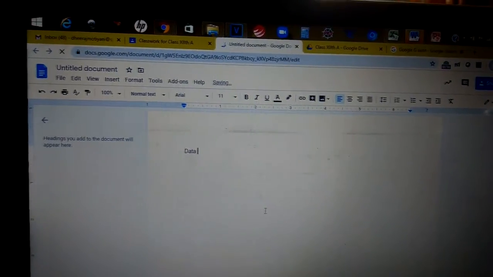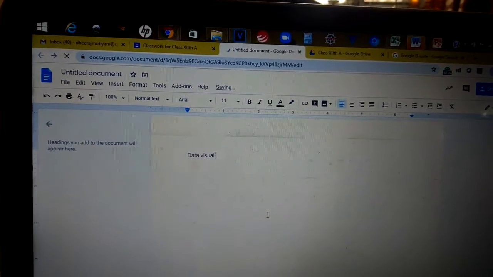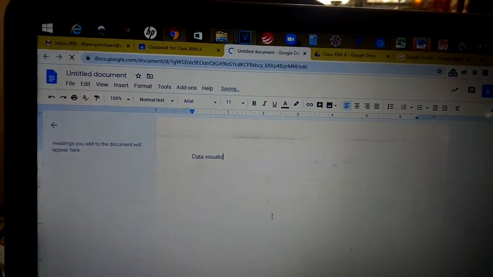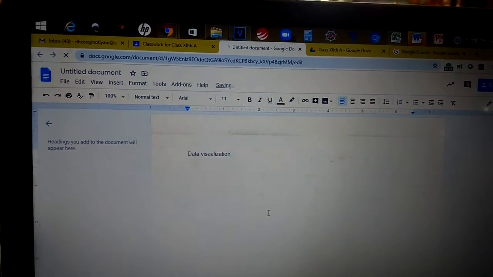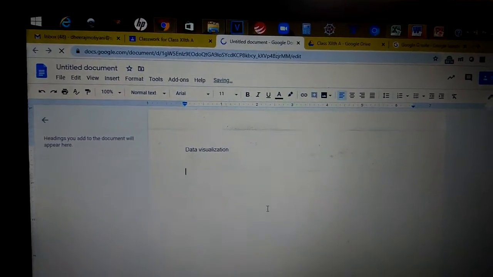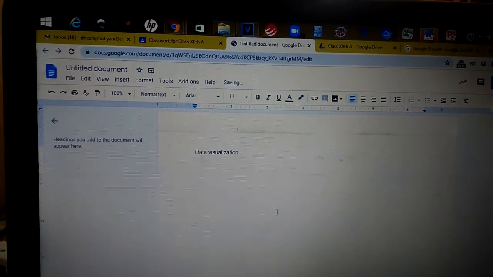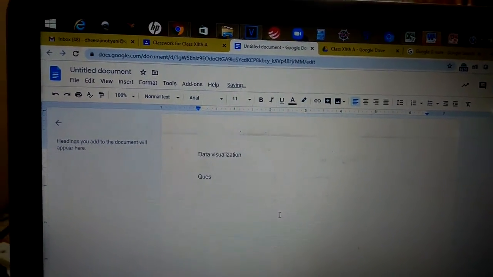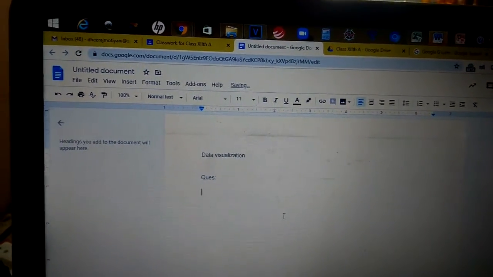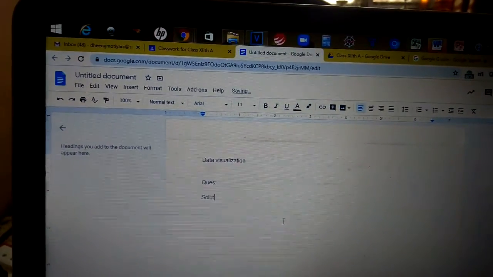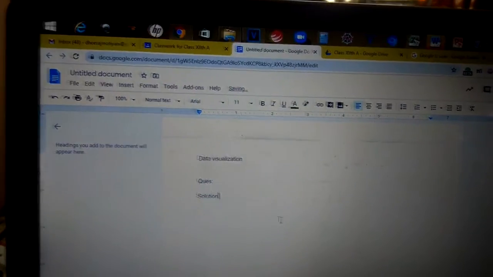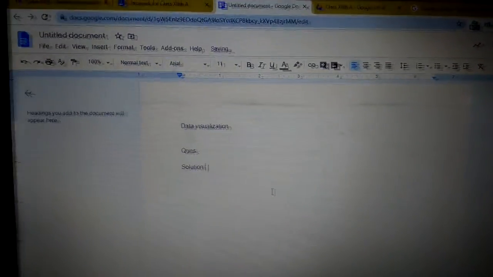I can make a document of data visualization, session, and the questions which have been given, question and respective solution for that question. Okay, we can do this way, and we can go and save that file.